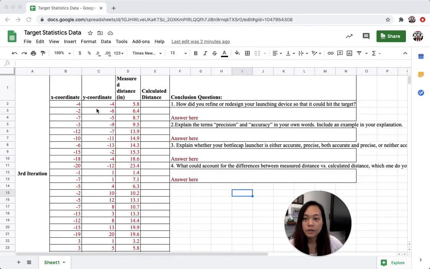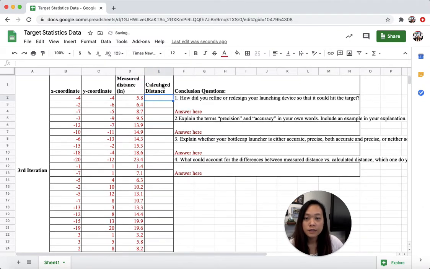Okay, so I'm going to show you how to use Google Sheets to calculate distance for your launching device. First, you should have recorded your x coordinates and y coordinates, and this is your measured distance. I'm actually going to move this out a little bit. And to find the calculated distance, if you remember from Algebra 1,